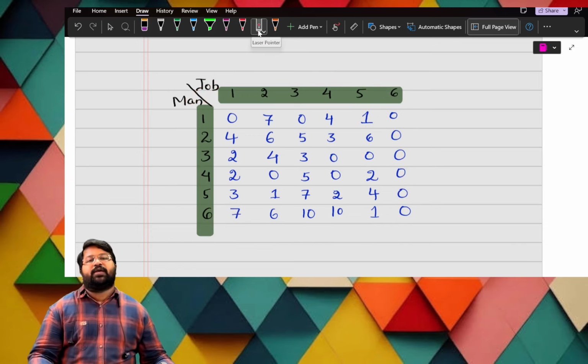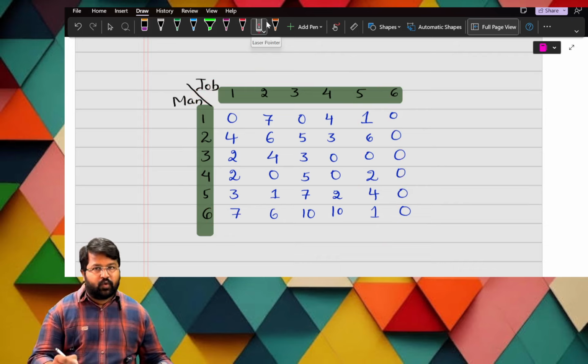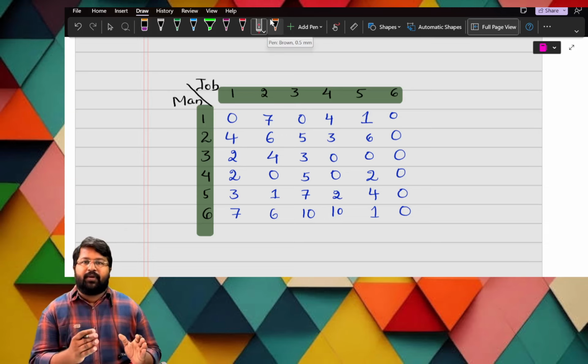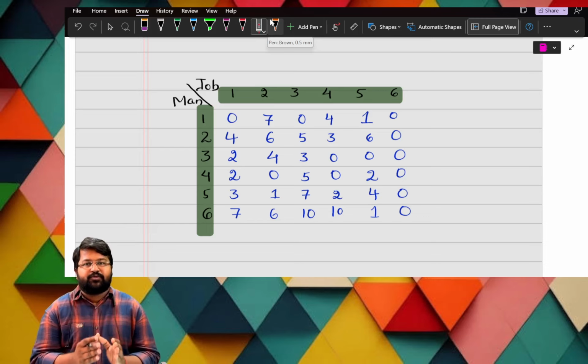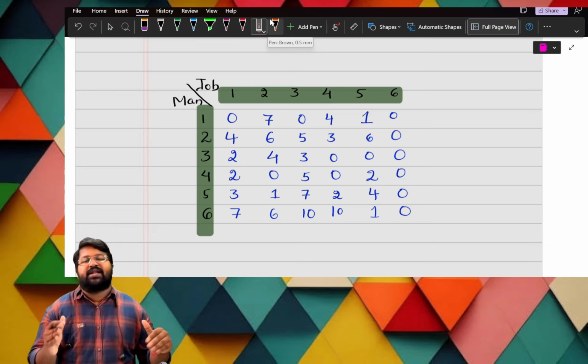So till here, do row operation and column operation. Then pause it here and do it. If you are doing it in parallel to me, it is best. So when I start a row operation, you do the row operation. When I am showing the answer, you check the answer. Then you will have peace of mind.